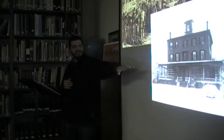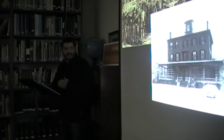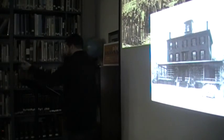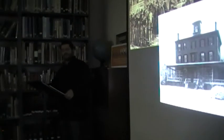So this is the Harrington School, which sat on East Tremont Avenue, and this was taken in the 1880s. So just imagine young boys standing on this porch with their rifles pointed out. One of the things to notice, the prices up there, the money